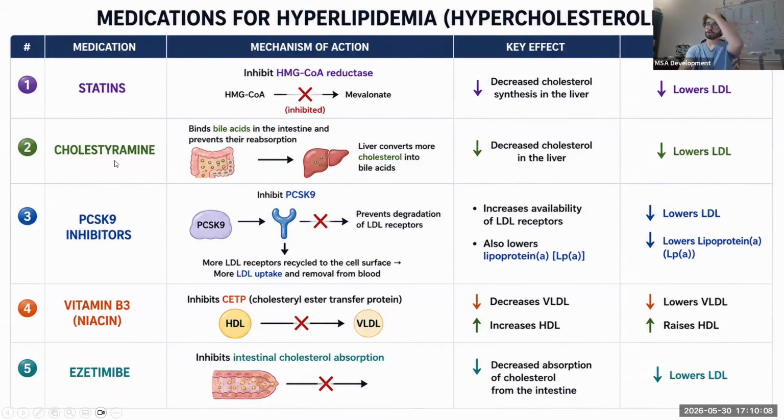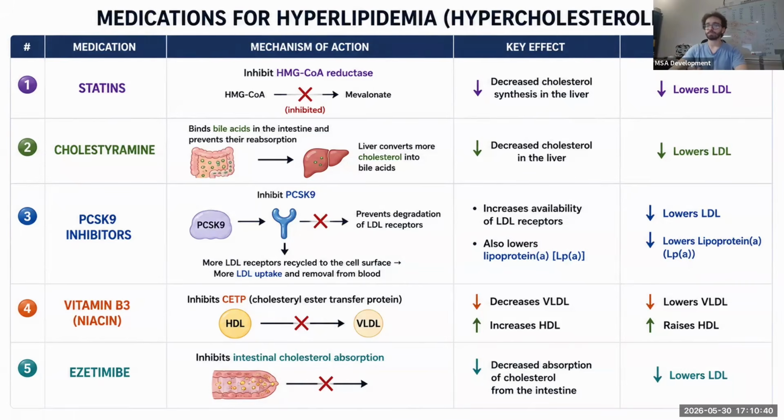What does cholestyramine do? Do you guys know how bile acids are basically how cholesterol is excreted? Now, the thing about bile acids is that after they do their jobs, some of them are excreted, but the others are reabsorbed. When they're reabsorbed, it means the body doesn't need so many bile acids. Why? Because we are recycling the ones we have. So cholestyramine will prevent the reabsorption of bile acids. But all of the bile acids get excreted.